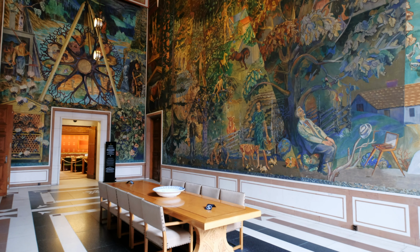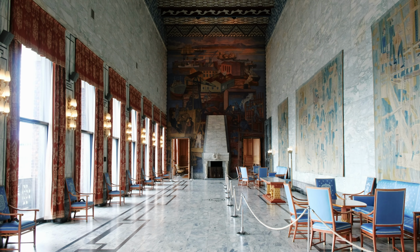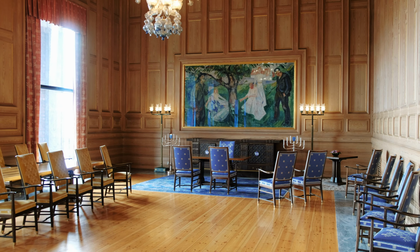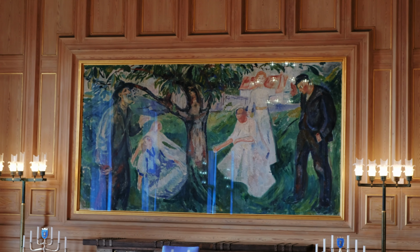Standing in Rådhuset, which is Oslo's City Hall. This building was inaugurated in 1950 and it has been decorated by various great Norwegian artists, including Edvard Munch. Inside the interior you'll see motifs of Norwegian history, culture and working life. And in fact this room here is called the Munch Room because there is a painting by Edvard Munch called